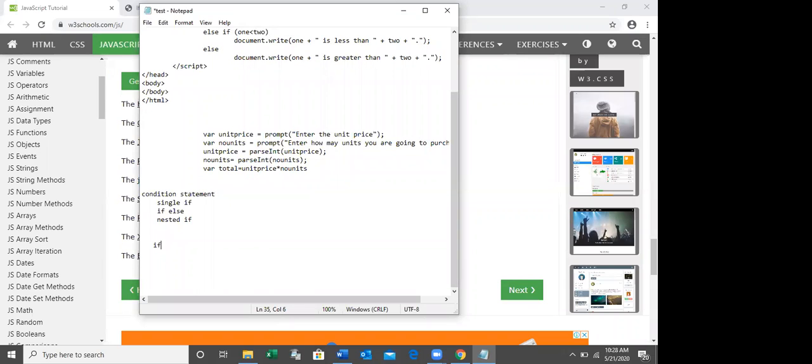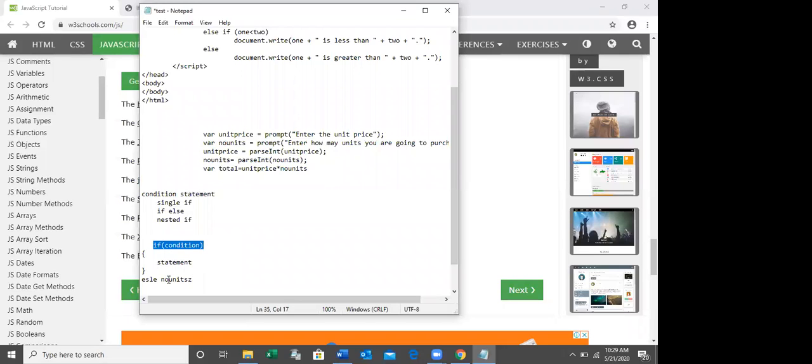Say if, right? Condition, statement, right? Else, you can check another condition, right? Another condition, sorry.